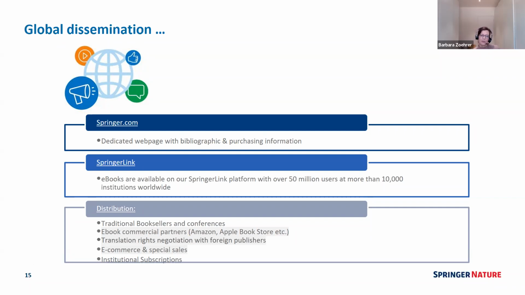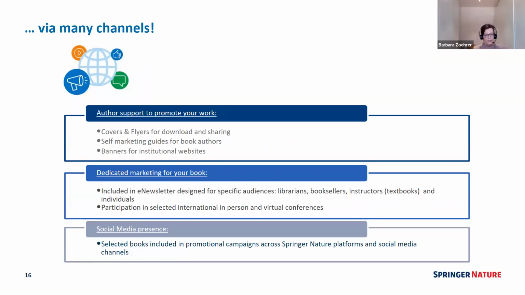The book will also be distributed through third parties such as Amazon, iTunes, by traditional booksellers and institutional subscribers via the ebook collections. So there are many other ways by which we can reach readers. We are very dependent on your help here, because you can also promote your book on your own via the flyers, the covers we provide for downloading and sharing with your peers, the self-marketing guides for authors, and banners for institutional websites. We also offer dedicated marketing for your book via electronic newsletters designed to highlight your book to librarians,